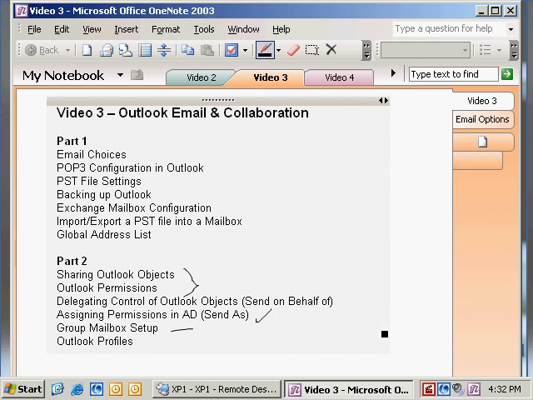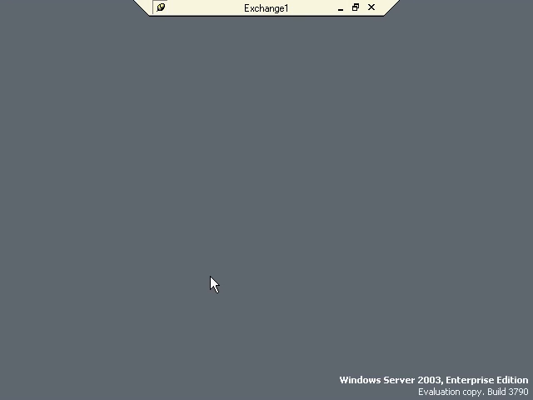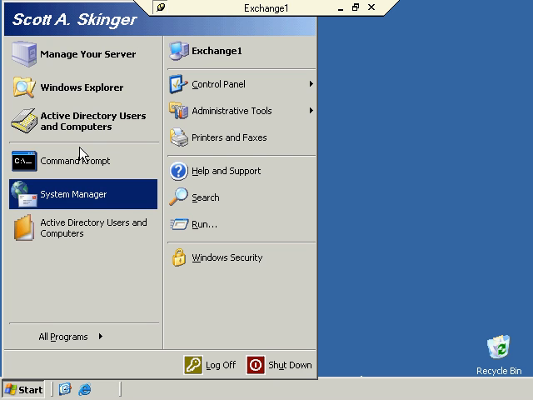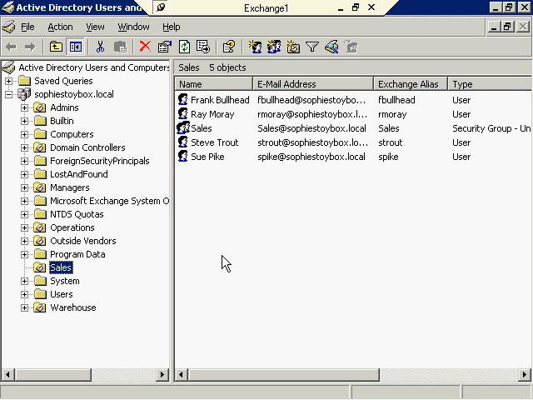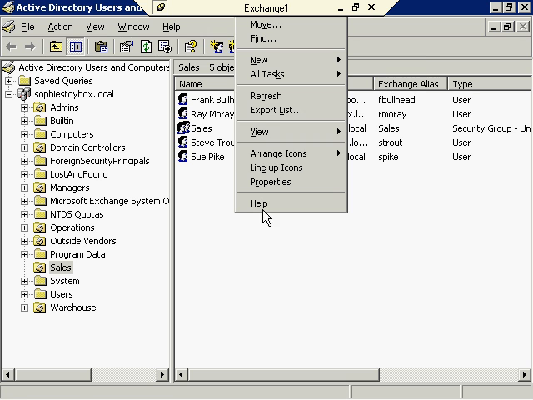Okay, so a user on the internet may have no clue who your 10 salespeople are, so they're going to send an email out to sales@sophystoybox.com. So when that happens, you want that email to come into a common mailbox, and then any of those 10 salespeople to be able to access that email and respond appropriately. Okay, to do this, we're going to connect over to Exchange 1, and then open up Active Directory Users and Computers again. Okay, the first thing that you'll have to do is create a dedicated user account for that Exchange